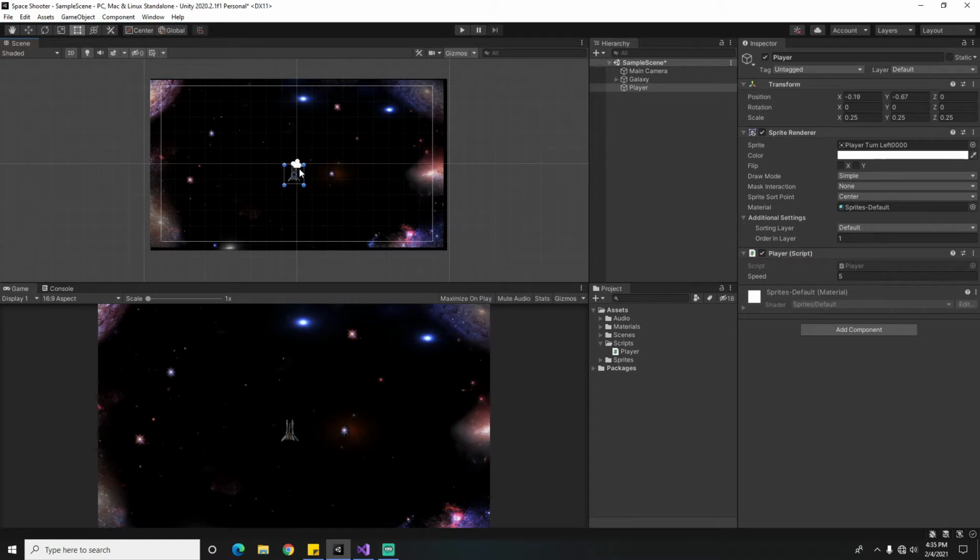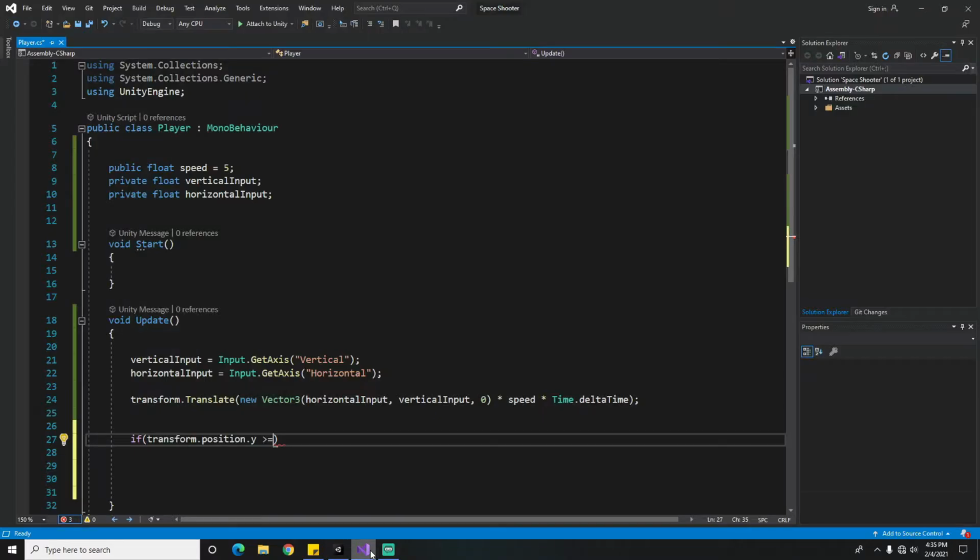I think this should be the max value. Let's keep it at 0.6. So if it is greater than 0.6,